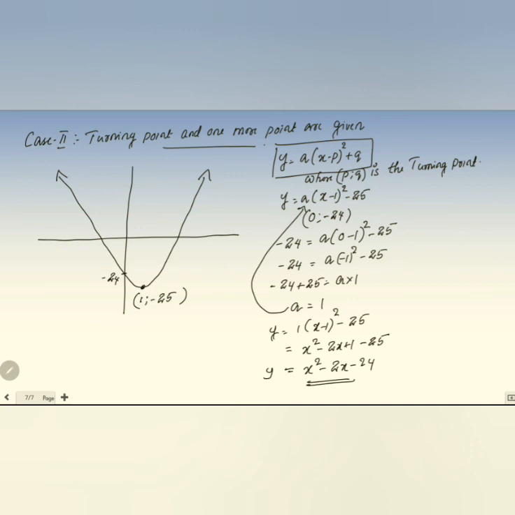This type of questions are there. So if a parabola graph is given and you are asked to find the equation, what you have to do is check the graph and think what is given. Sometimes the turning point and y-intercept are given, or sometimes x-intercepts and y-intercept are given. So choose the correct formula, substitute and find the equation. Is it clear?